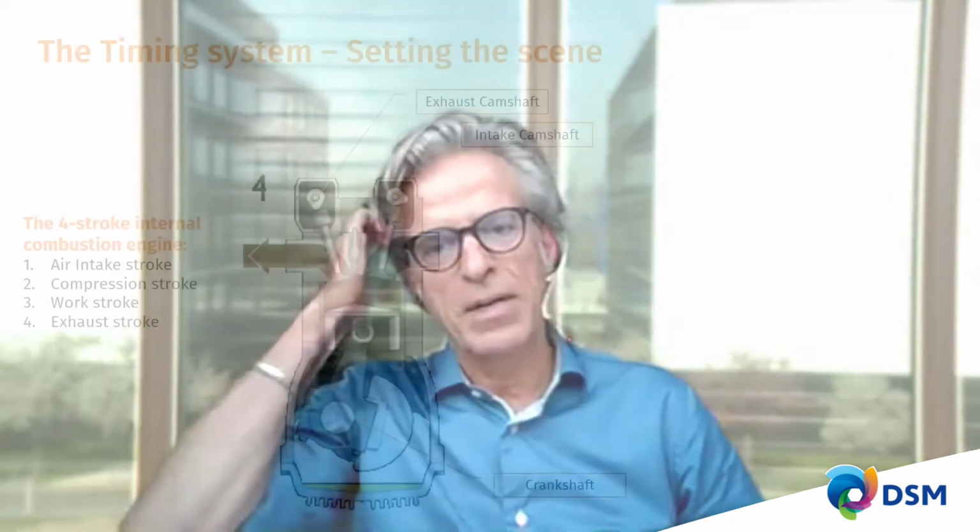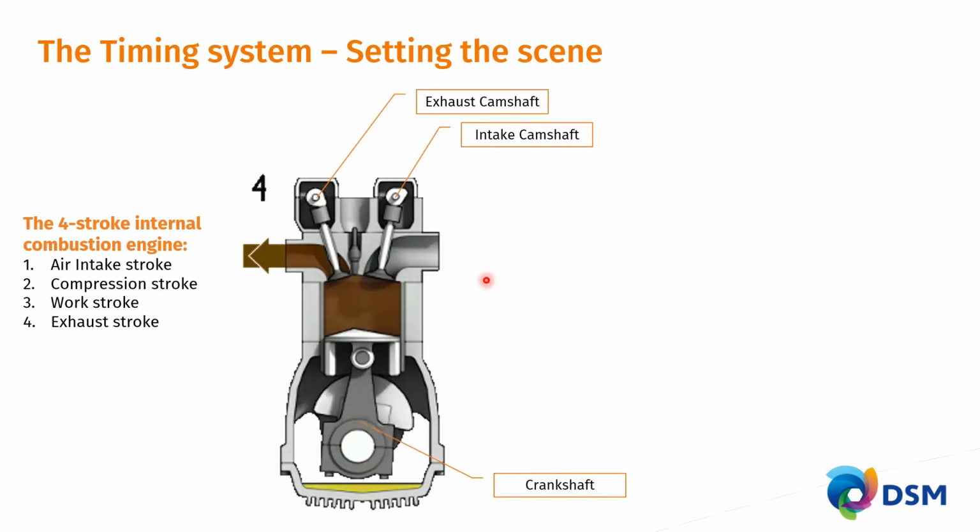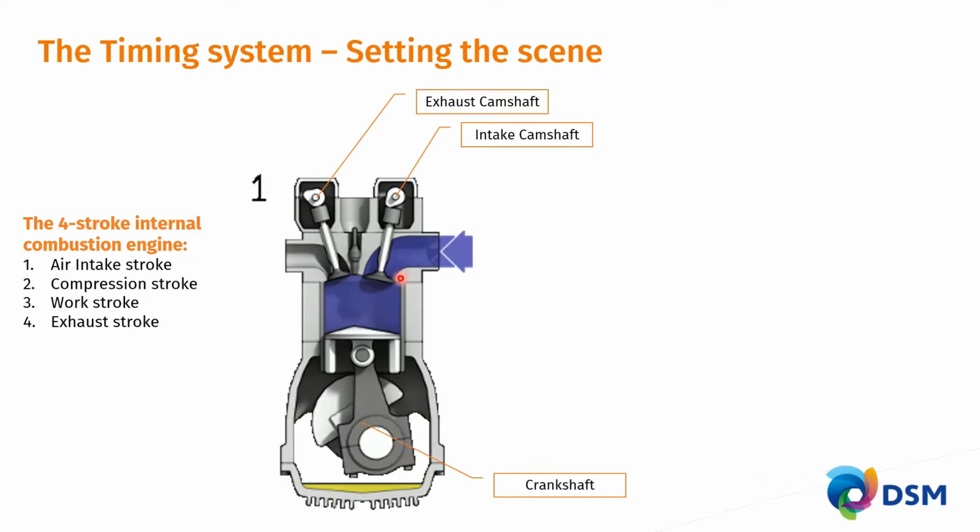So this is indeed, as Monique indicated, about timing systems and perhaps seen a bit on internal combustion engines. As you will be aware, the automotive industry uses four-stroke engines where basically the first stroke is to get the air in the engine, compress, the work stroke, and then get the burn gases out into the tailpipe. As you can see in this illustration, this is a very intricate interplay between the piston moving up and down and the valves opening and closing exactly in time, where that timing is of essence for the best fuel economy